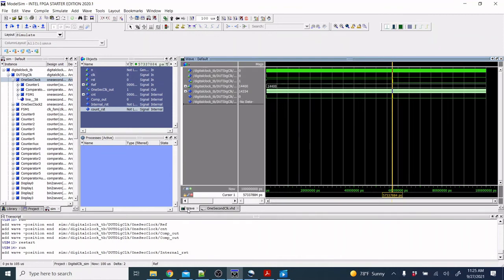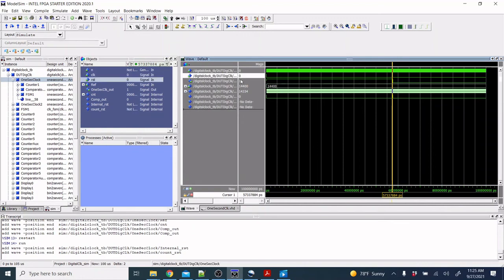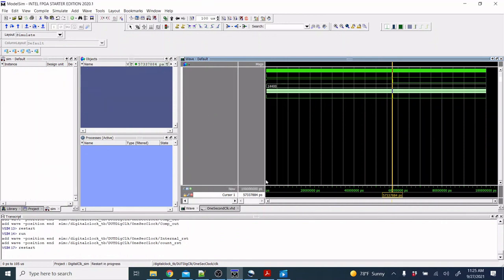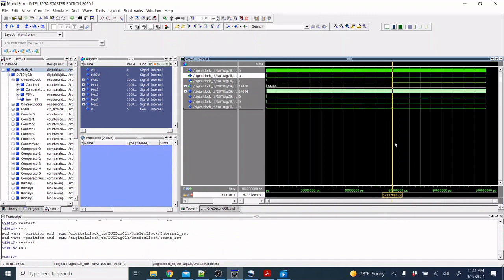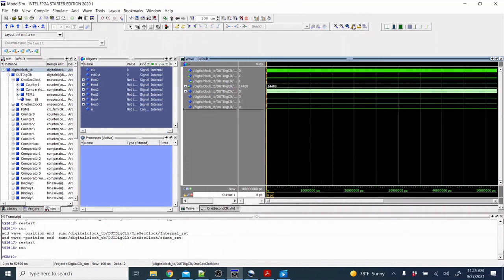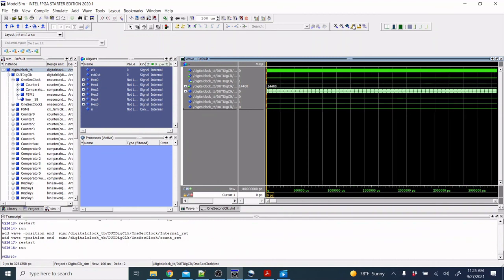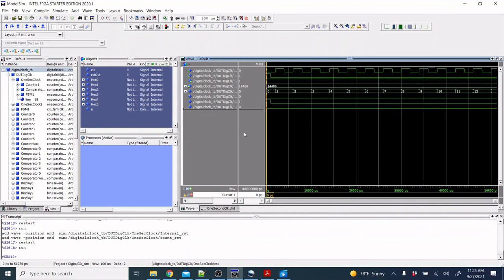So we go back to our wave. We have here the internal reset is this one. We want to check the count reset, and we already have the global reset at the beginning. Okay, so we restart the simulation again, and then we run it again for 100 microseconds. So if you see, we can check at the beginning all the resets. So our enable is always 1. If you don't have an always 1 enable, you want to bring that into the